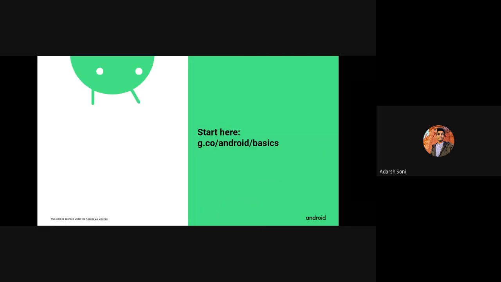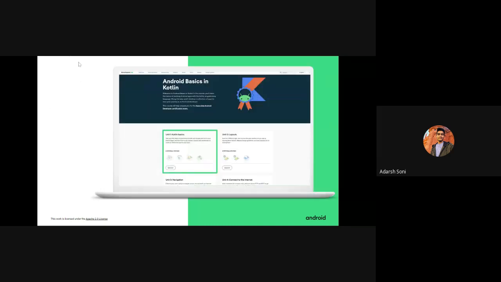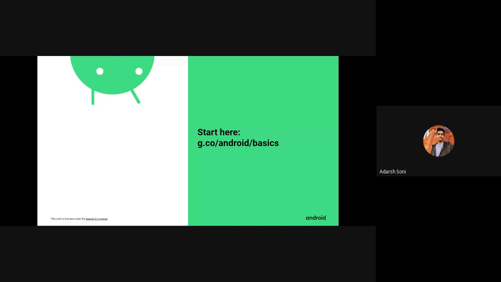Open the course page with the link provided in the comments. Let me paste the course link. Go ahead and start with the course.